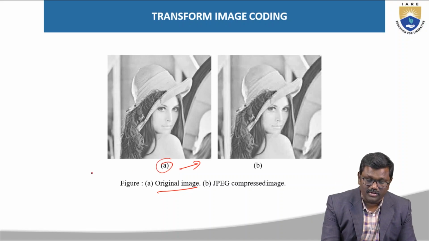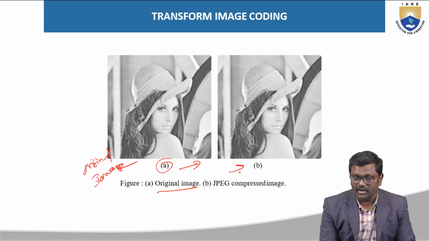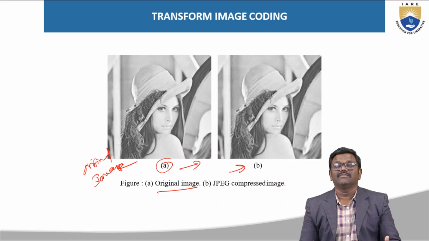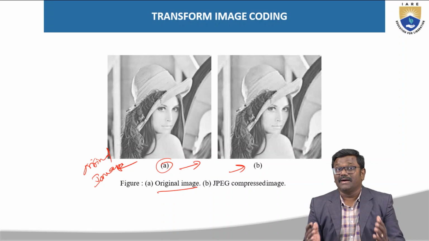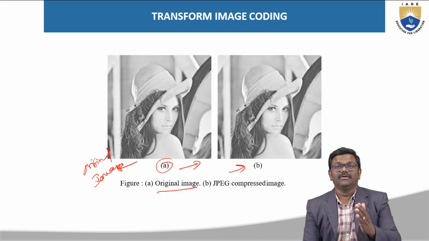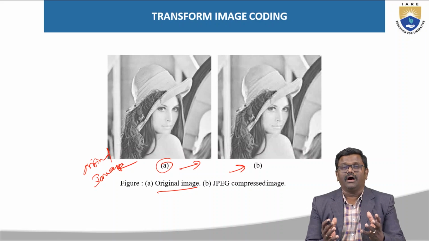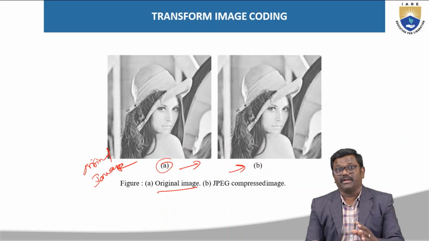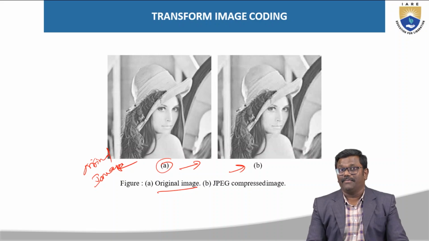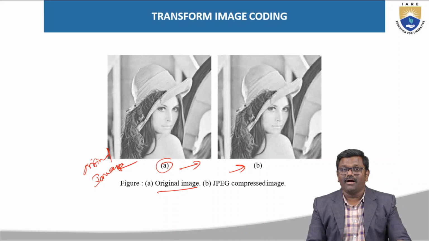A is the original image. This original image is transformed into the required transformation, which we need for applications such as the compression process. There we can understand from one to the other. Transformation image coding helps us send the information without losing any information. And in comparison with predictive coding, where we concentrate on the entropy coding value,